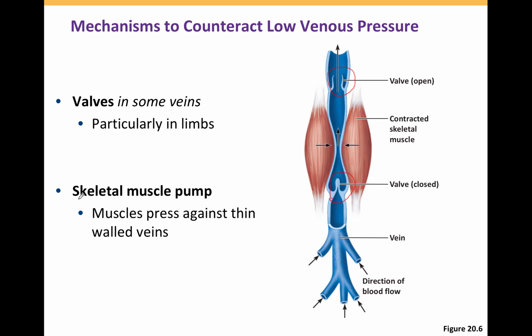So the other thing that you have that gives you the ability to send blood back to the heart is surrounding the veins with your skeletal muscle. So let's take a look at the pictures we have here. So you see the vein moving blood up back toward the heart. So let's say this is a blood vessel that is coming from your leg. And you can see that the skeletal muscles are surrounding your